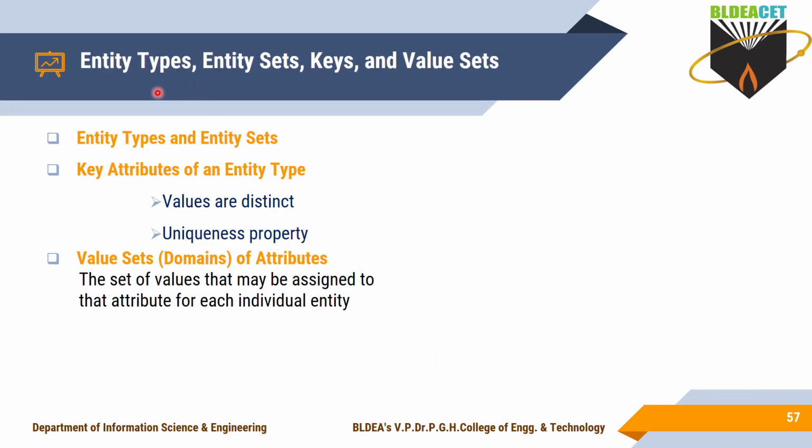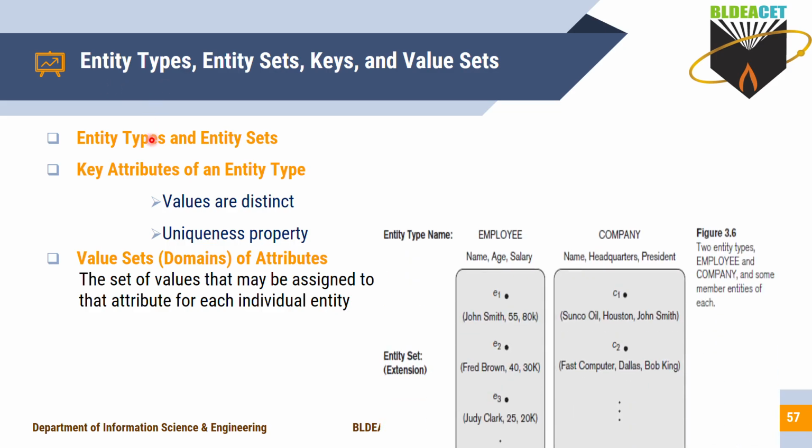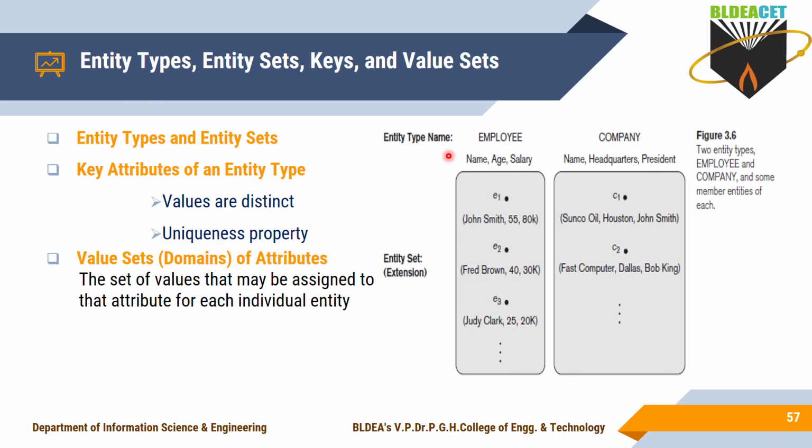Next we will go for some of the terms or concepts that come under conceptual data modeling or high level conceptual data modeling. In that, one is entity types. An entity type is a set of entities which share or have a common attribute structure. Such types of entities you call an entity type. Here is one example. Employee is the entity type. In this employee entity type you have the entities E1, E2 and E3.